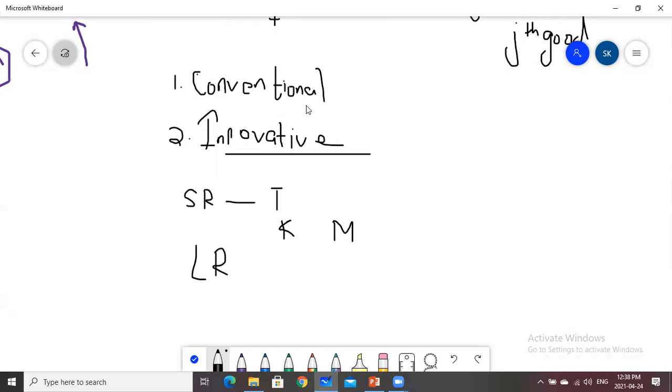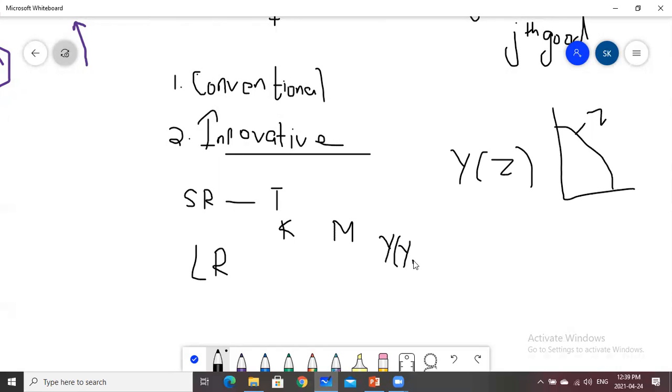In the short run, the production function is denoted by Y(Z), which consists of all the feasible regions. In this production function, I'm drawing it again and again because it is this production possibility frontier which we are studying. It contains all the feasible net output bundles consistent with the constraint level Z. If this is the constraint level, it contains all the feasible net output bundles. In the short run, supposing that the factors are fixed, then an equation can be written. Now, when all the factors are fixed, then the equation will be written as